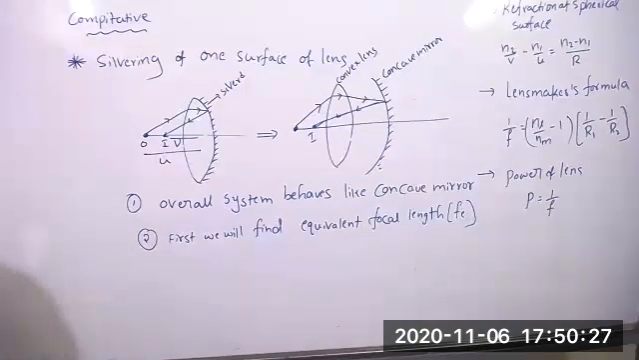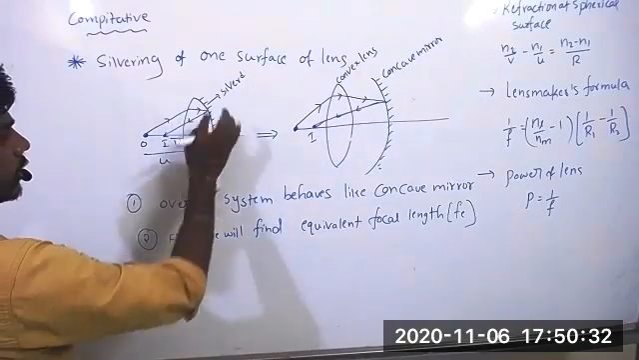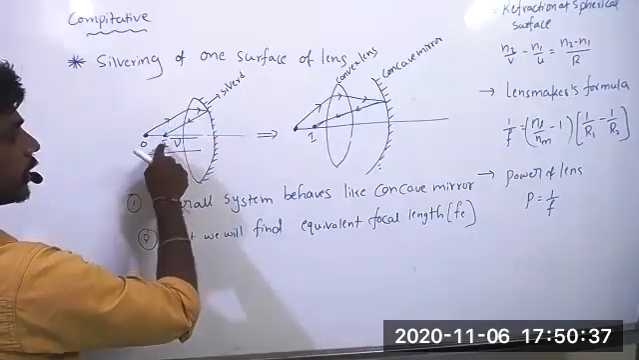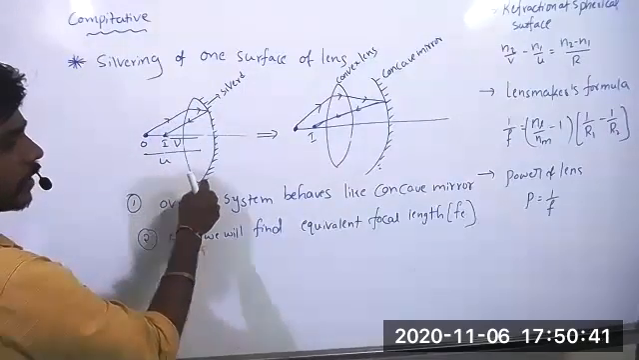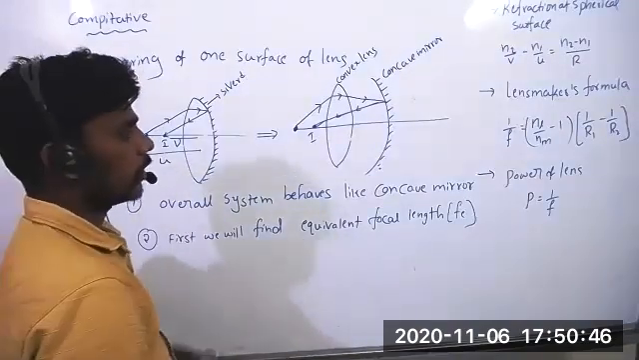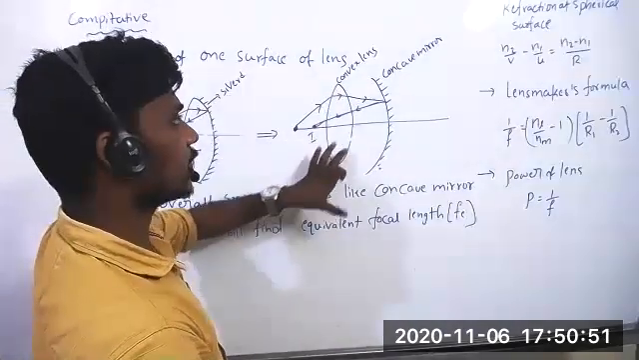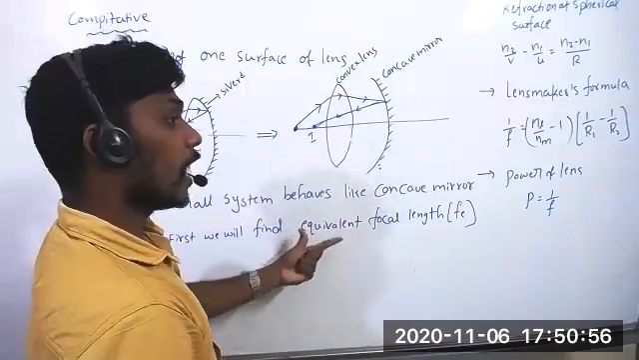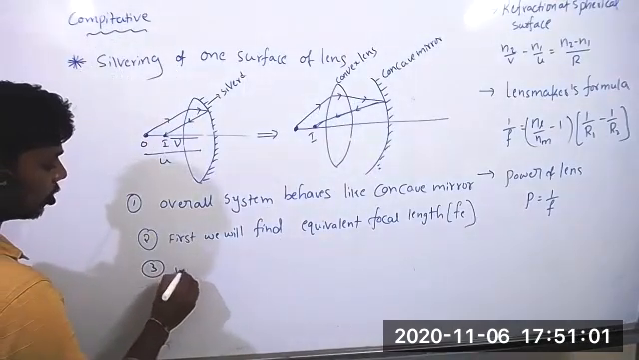Yes, sir. Okay, think like one of the surfaces is silvered. So when light is passing through the lens, after it reflects, the image forms here, because the overall system is acting like a concave mirror. So first we have to find out the equivalent focal length. If you divide the system, one is a convex lens and one is a concave mirror. So the focal length we have to calculate first. After calculating the equivalent focal length, then we have to apply